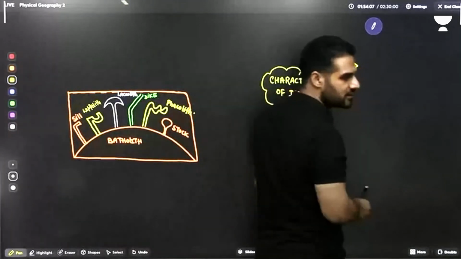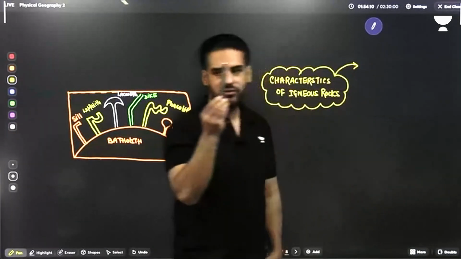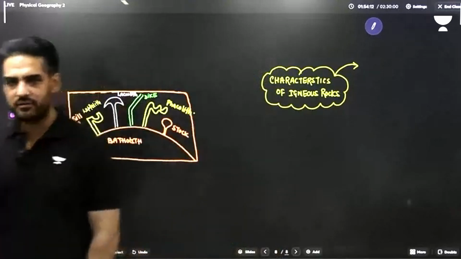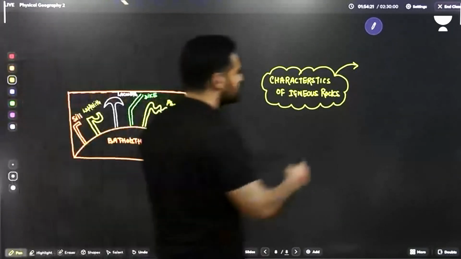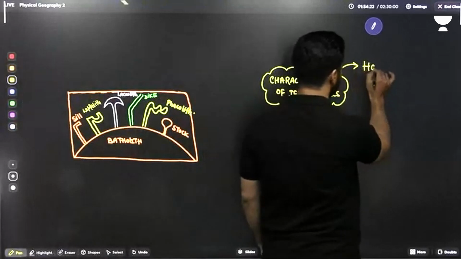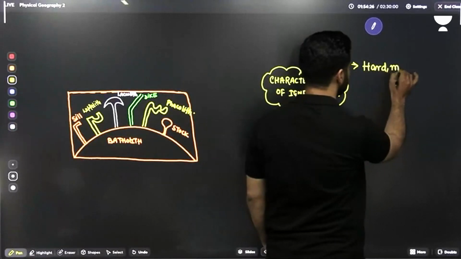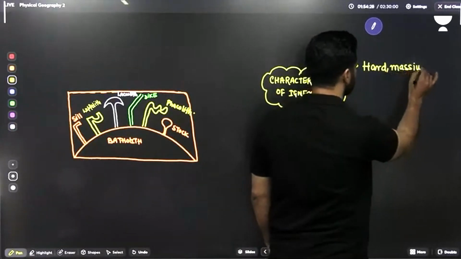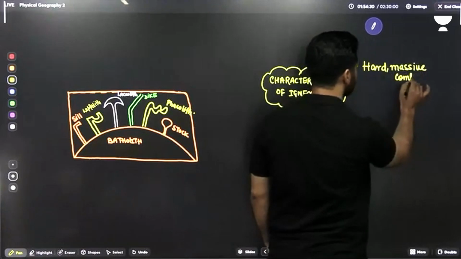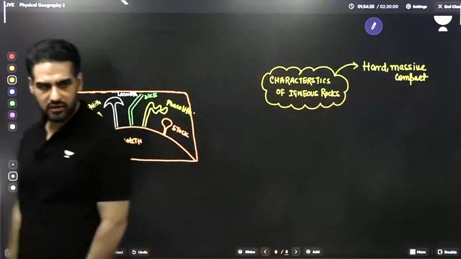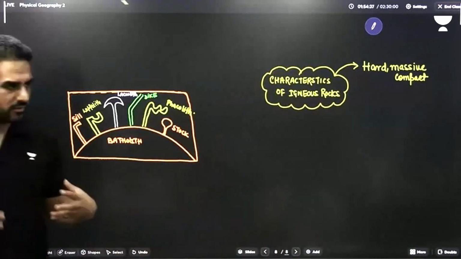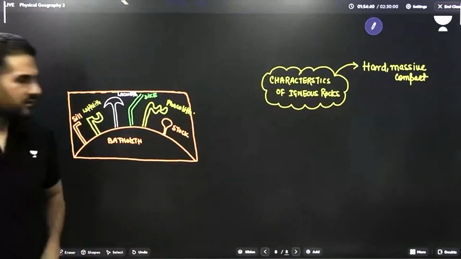First, characteristics लिख लें। अगर मैं कह रहा हूँ tell me the characteristics of this pen, what do you mean by hardness, texture, color, is it clear? ये होते हैं characteristics. First characteristics, they are hard, massive and compact. What are they? Hard, massive and very compact. Is it clear? Second,